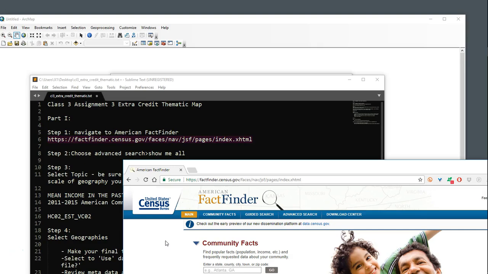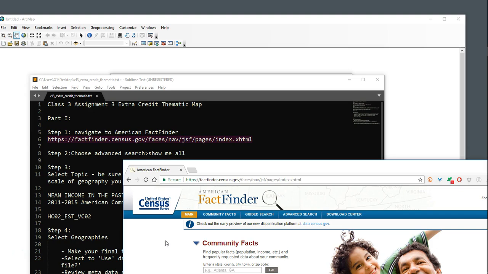This is a video tutorial for the extra credit component of thematic mapping for class 3. In this second mapping, if you want to pursue it, we're going to drill down farther than the bundled version that the Census offers through a geodatabase. So in this case, if I really want to get a very particular demographic statistic variable, I can do it